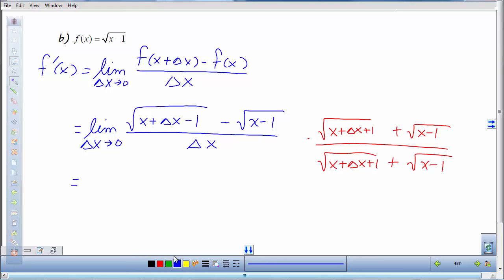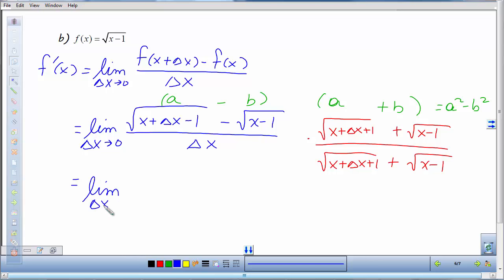Okay, when we do that, the reason we're doing this is because we have here the conjugate pair. We've got a minus b, and we're going to be multiplying it by a plus b. And we know that that comes up to be a squared minus b squared. So it may look a little daunting to think that we've got to multiply these two numerators, but because we've used the conjugate pairs, this is just going to be the limit